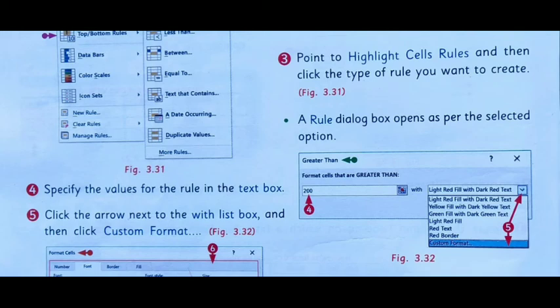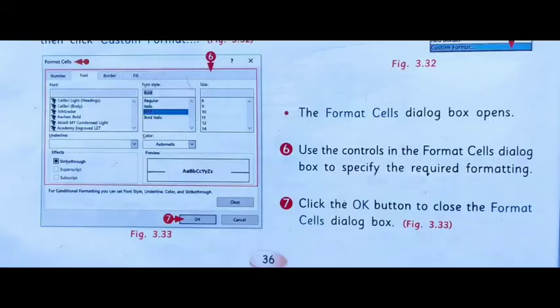Point to Highlight Cells Rules and then click the type of rule you want to create. A rule dialog box opens as per the selected option. Then specify the values for the rule in the text box. Then click the arrow next to the With list box and then click Custom Format. The Format Cells dialog box opens.